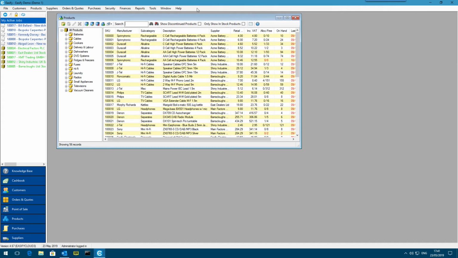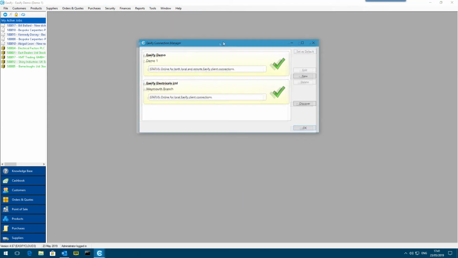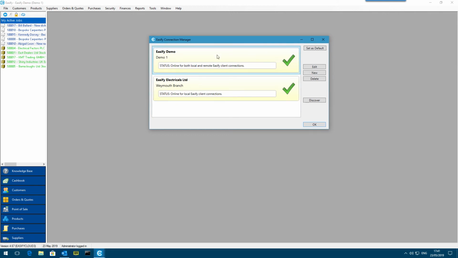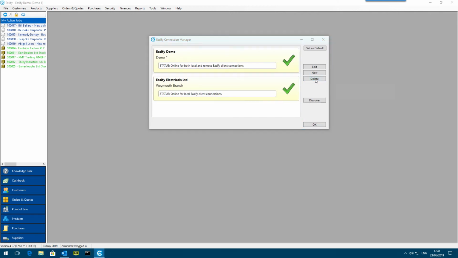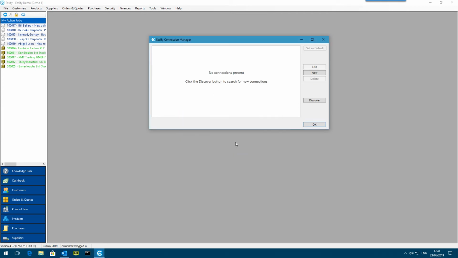One other thing I'll show you while we're here is if you go to Tools, Easify Connection Manager, the connections listed here are just that. They're just connections. These aren't actual Easify servers. You can delete these. If you delete the first one and say yes, and delete the second one and click yes to that, you haven't actually deleted any Easify servers. All you've done is deleted the connection information off your machine, in which case you can click on Discover again,